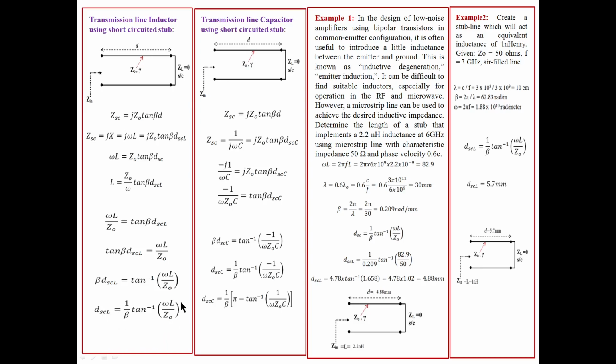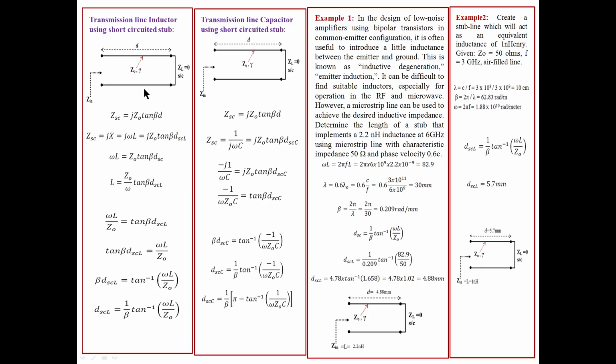This equation you can use. Given L, whatever the inductor value needed, it may be 1 Henry, 2 Henry, whatever it is, you can get the length of the line. What is the length of the line? You take that particular length. A transmission line short-circuited at one end, with a characteristic impedance. Using this equation, based on your requirement L value, you set that length, and you will be getting that L value here. You can use this as a stub, or you can use it as an inductor.